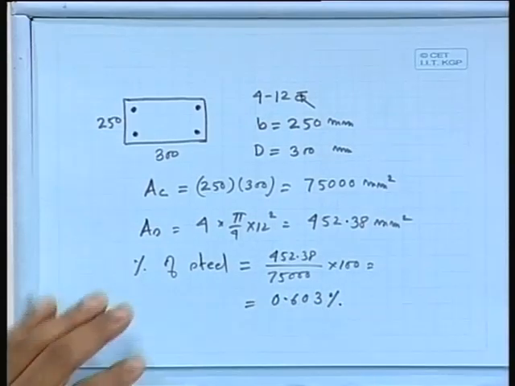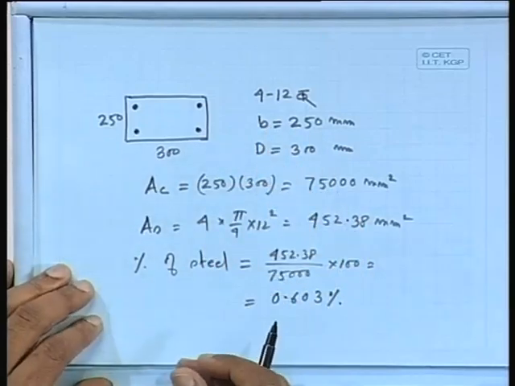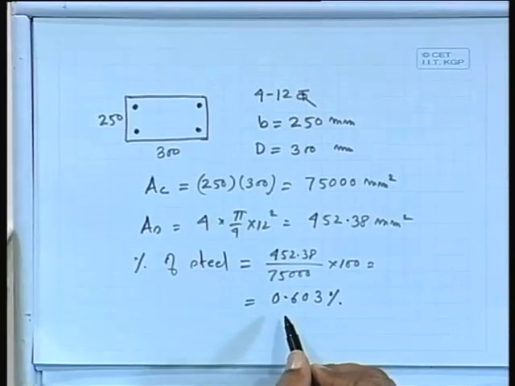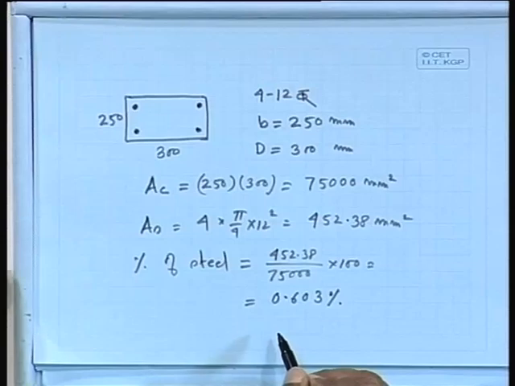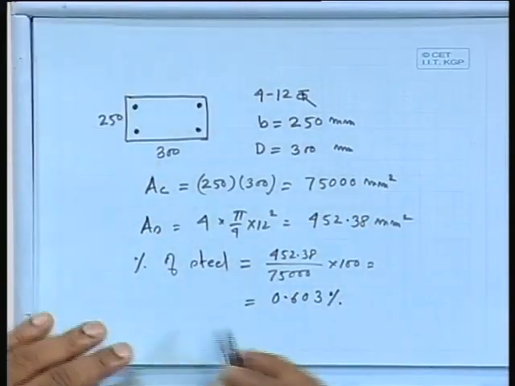So even if this section can take the load whatever is applied, even then we cannot provide this section with this reinforcement because it is less than 0.8%. First one, we can calculate this one according to this formula,